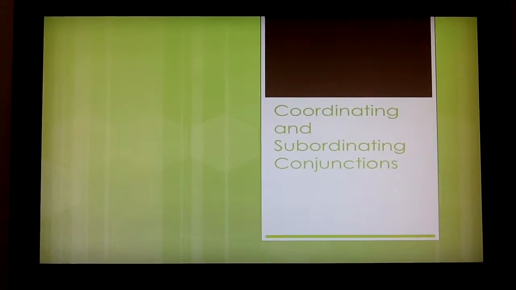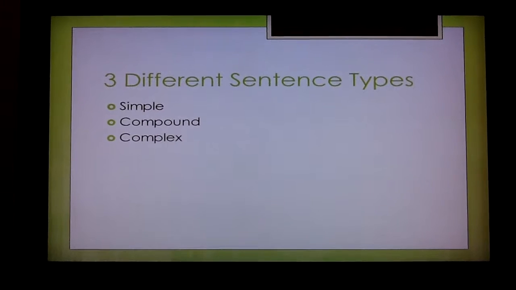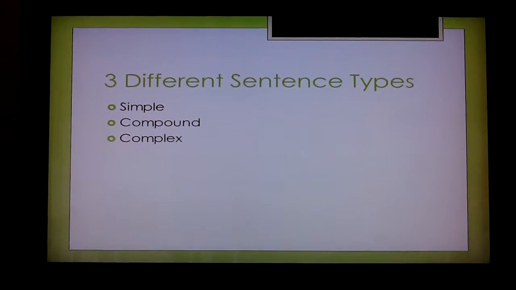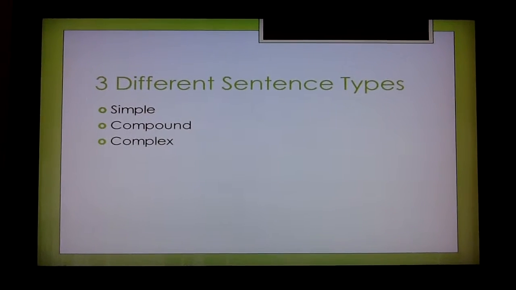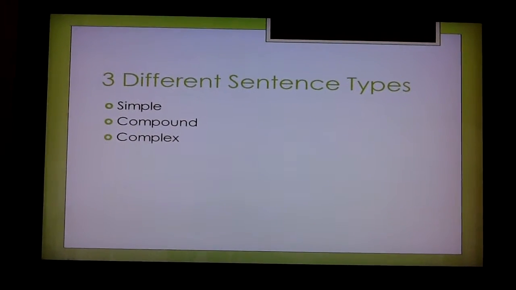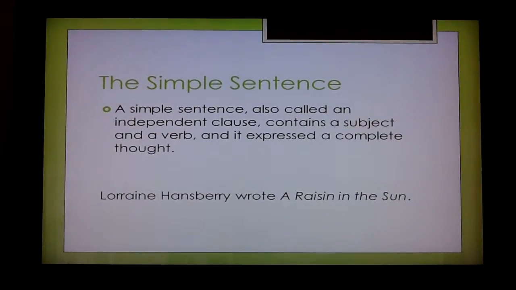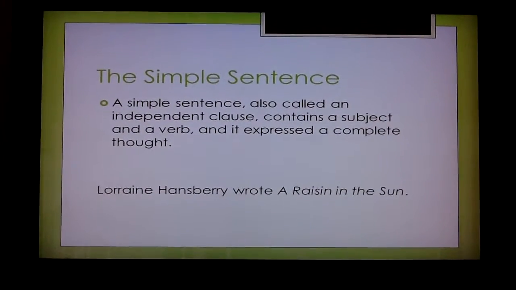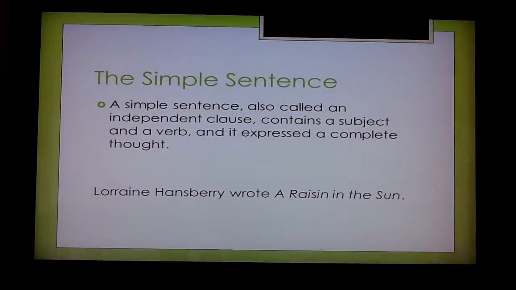Today we're going to talk about coordinating and subordinating conjunctions. There are three different types of sentences. Two of these that we find are conjunctions. A simple sentence, compound and complex are the ones that have the conjunctions in them. A simple sentence is also called an independent clause, and these contain a subject and a verb and express